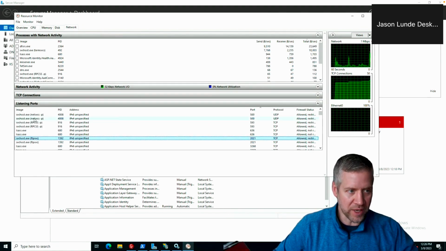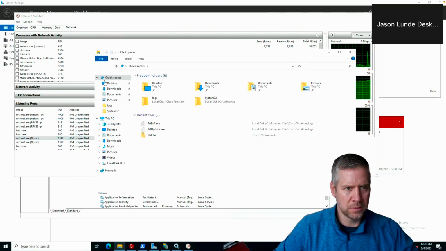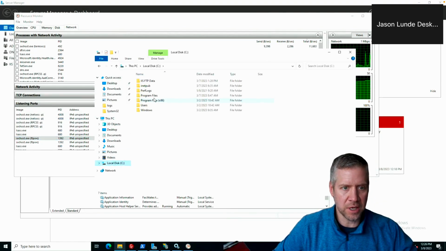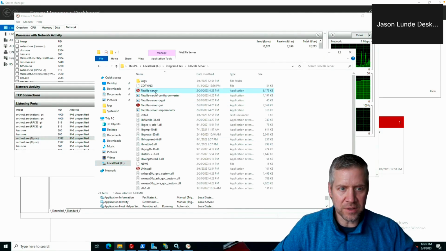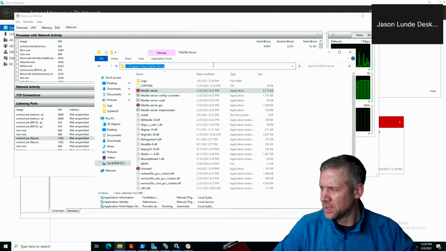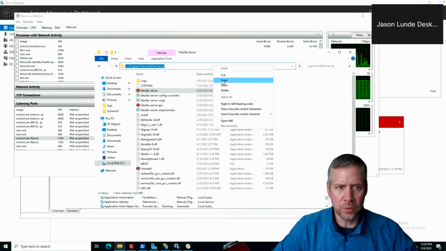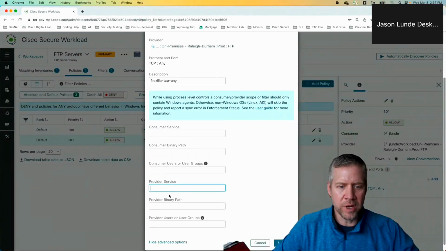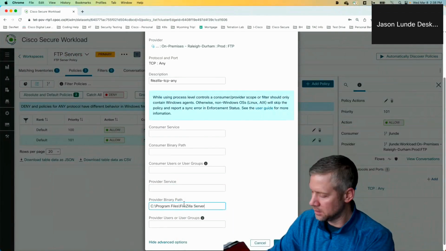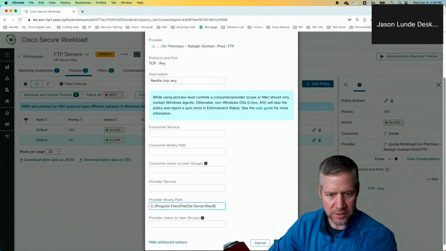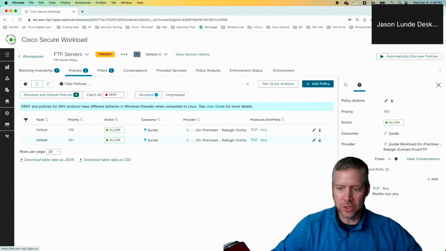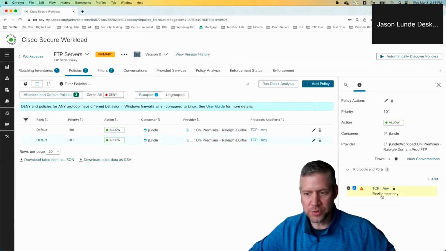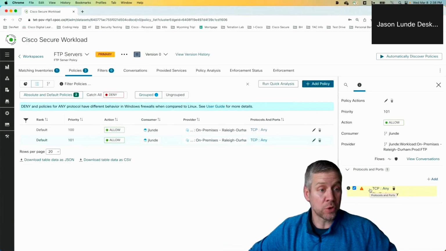So what we want to do is find where this FileZilla lives. So if we go to the C drive, Program Files, FileZilla Server, we can see that FileZilla server.exe is living right in here. So what I'm going to do is copy that path. I'm going to come over here, and instead of doing a service, we're going to use this binary path. I'm going to paste that in. We'll add that exe file, FileZilla server.exe, and we'll click update. So again, now we can see, along with our description, FileZilla, TCP/any, we have a process level control on this